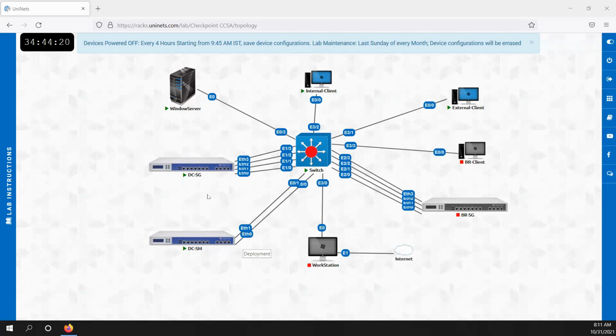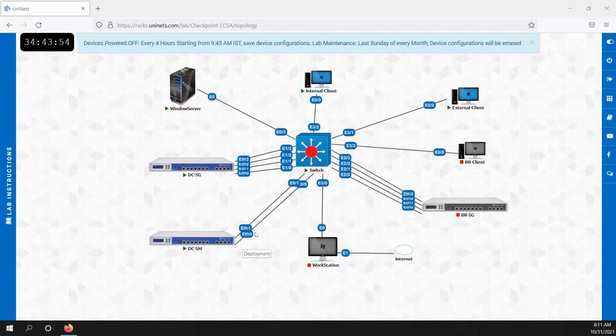If you don't have a dedicated management interface and we just want to access this firewall, we usually set Ethernet 0 as management. So here we will set the Ethernet 0 interface as management for both the security gateway and the security manager, or smart manager.